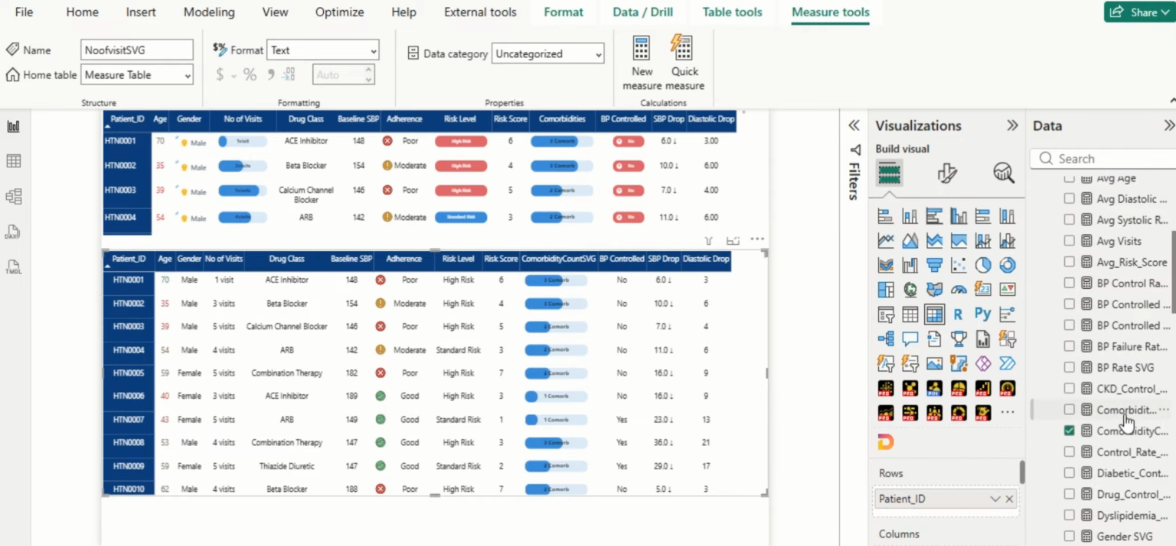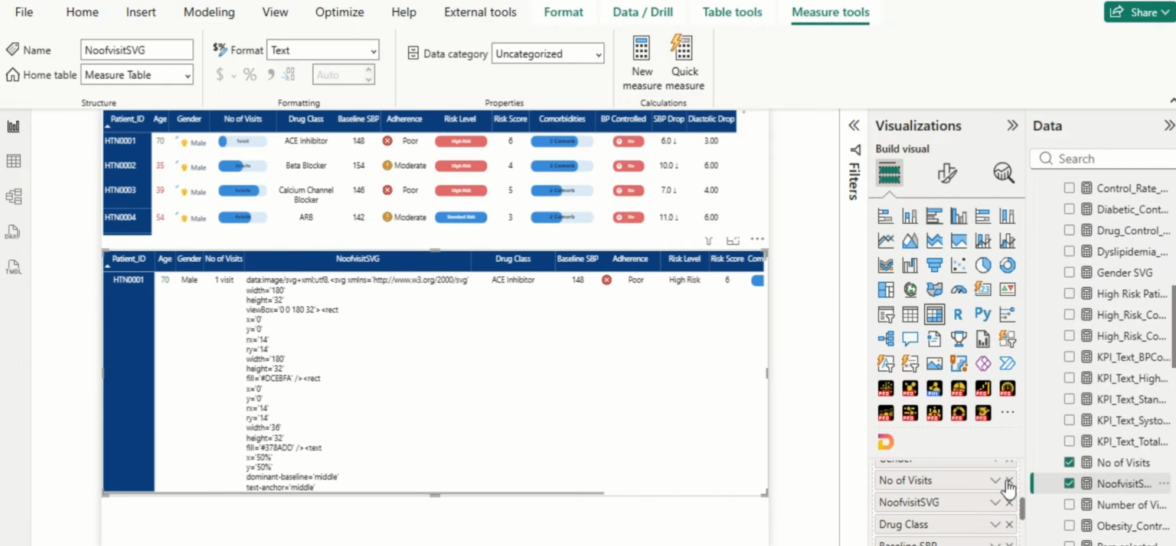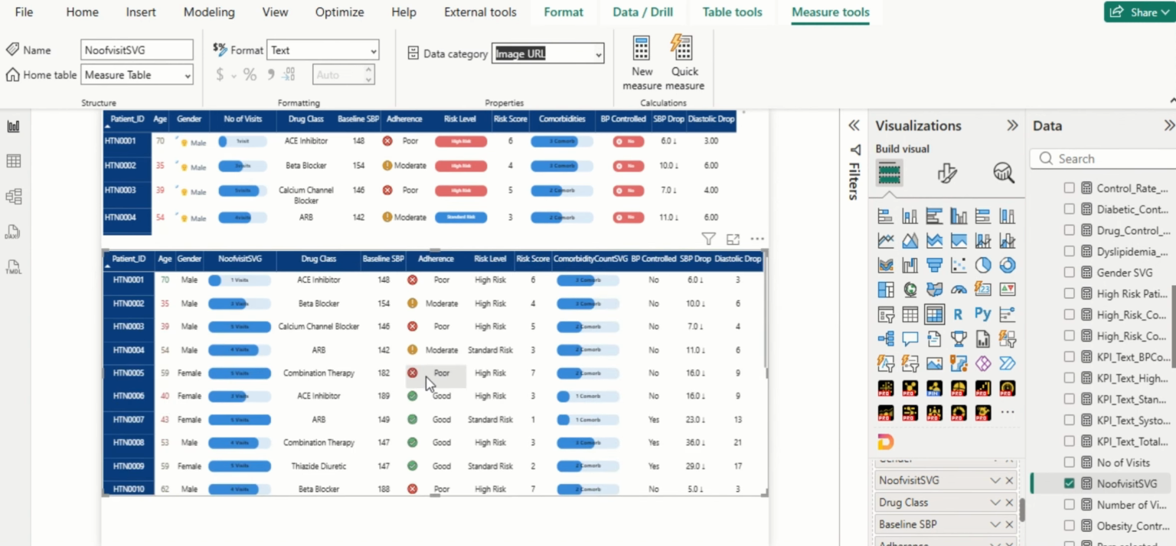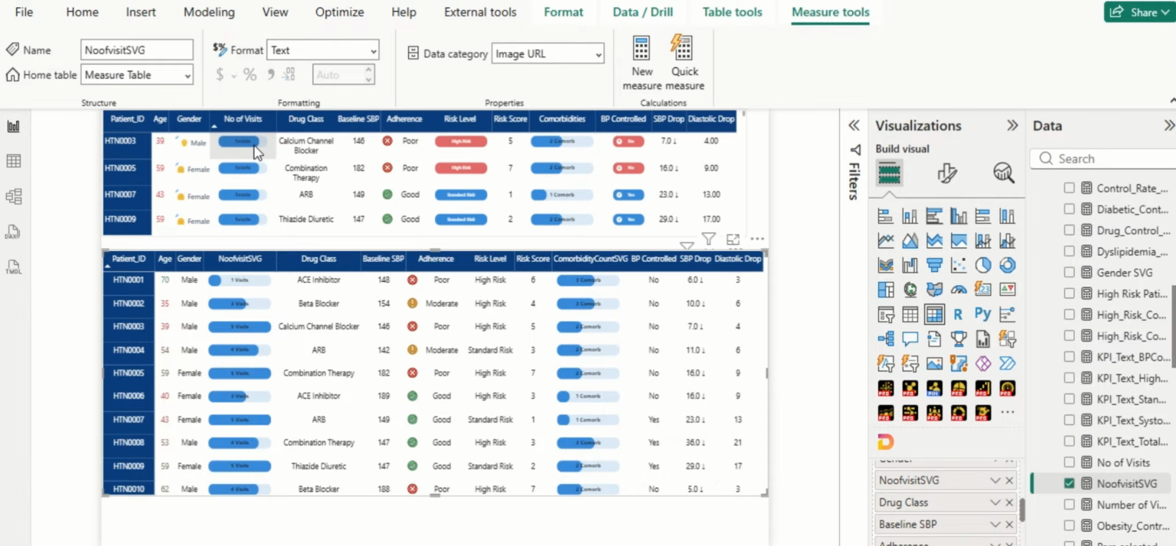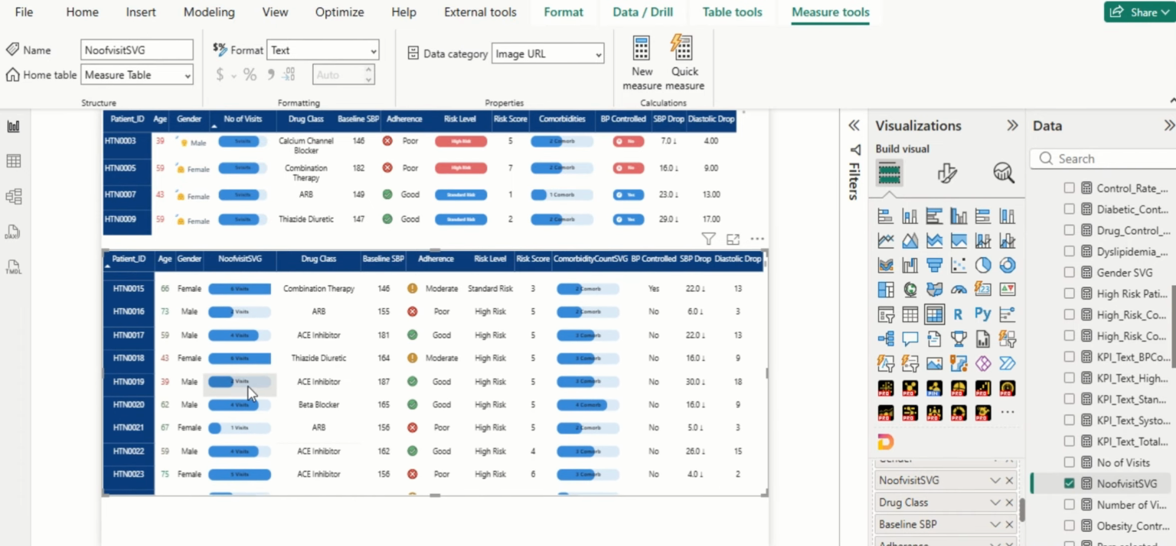Now I'm going to do the same thing for number of visits. Just going to bring this here, close this. The number of visits, I need to make it an image URL. It's good. So our max visits is actually 5. So you see the 5 is in the full bar, right? Okay, I think I have 6 visits. I have 6 visits. So it's giving me